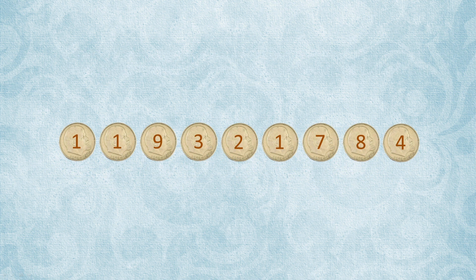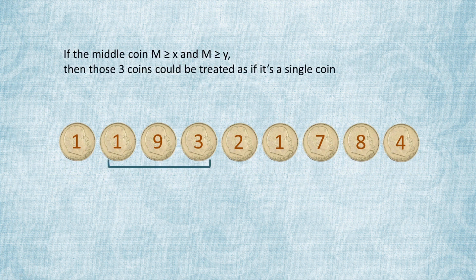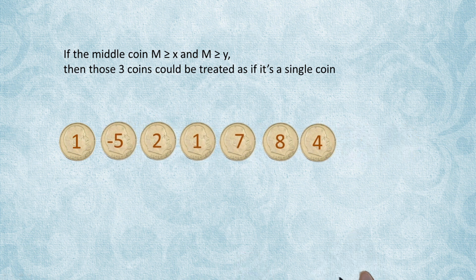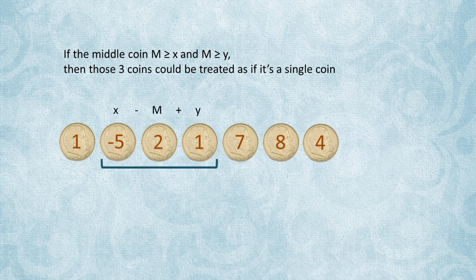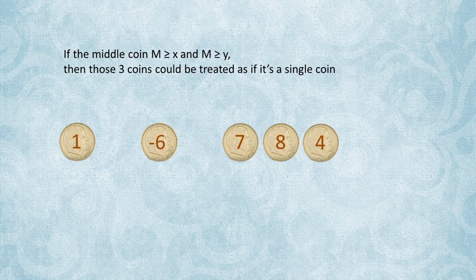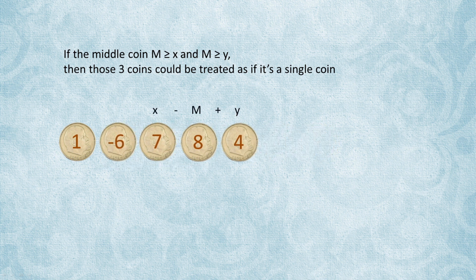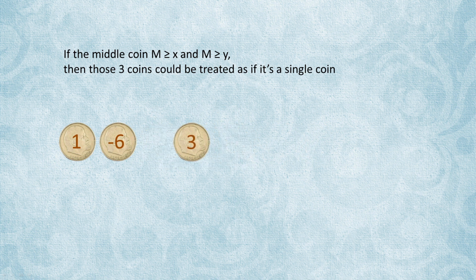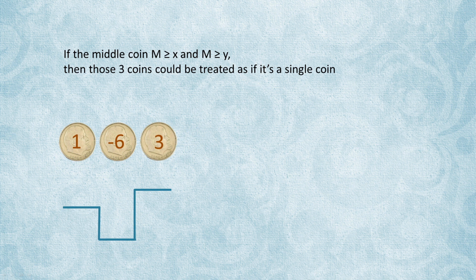Here's a more involved example of applying the fusion rule. We find three coins where the middle one is greater than the other two and fuse them into one, and keep on repeating this until no such three coins could be found. The sequence that we end up with will be shorter and typically bitonic, which means the sequence starts off high, decreases towards the middle, and then increases back up again. Alternatively, the new sequence will be either increasing or decreasing throughout the whole length. Either way, we end up with the biggest value at one of the ends.